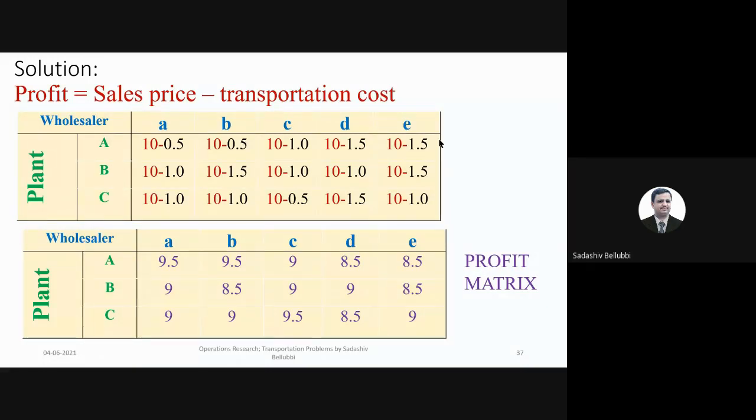The sales price is the same for all the plants as well as all the wholesalers. That's why, to get the profit matrix, it is sales price minus transportation cost. So 10 minus 0.5, 0.5, 1, 1.5. So these all indicate the